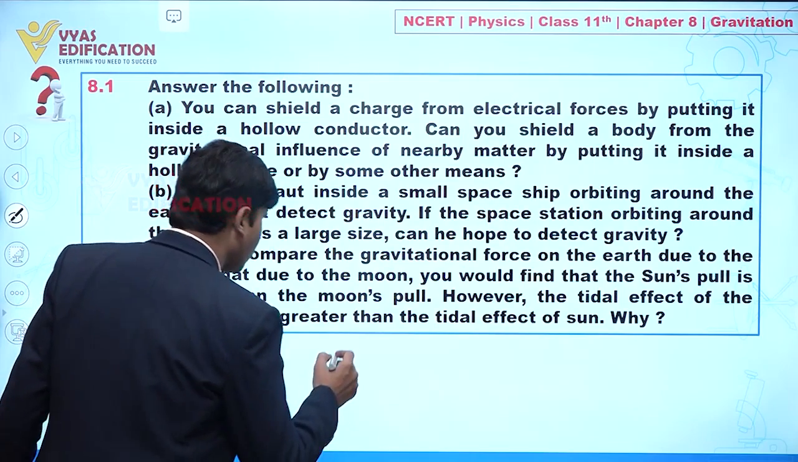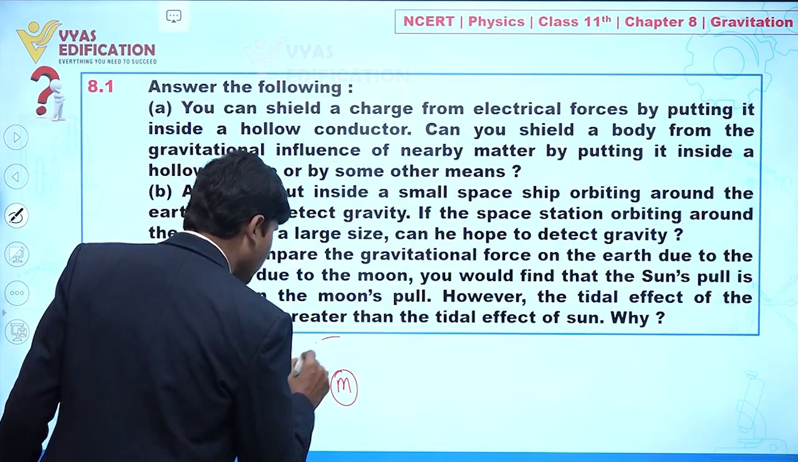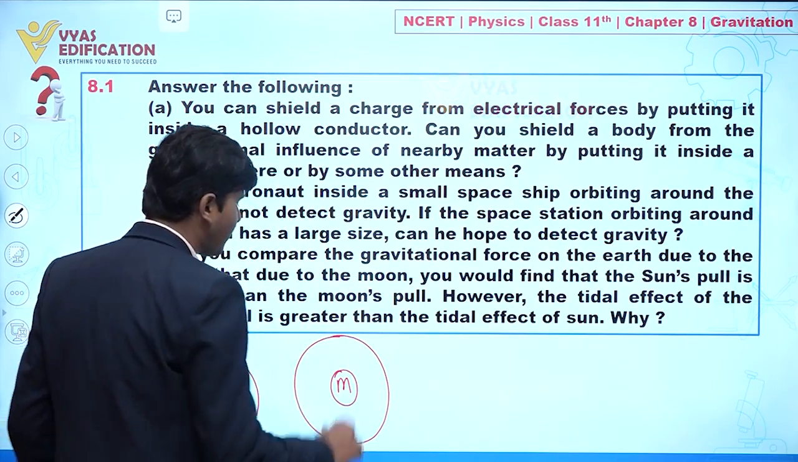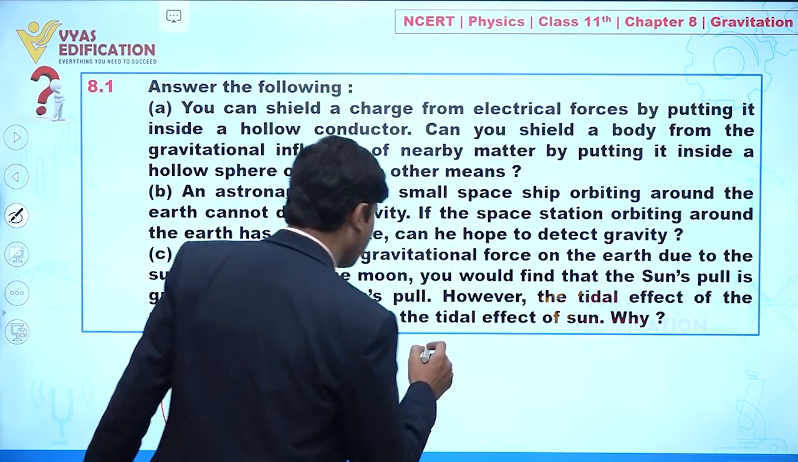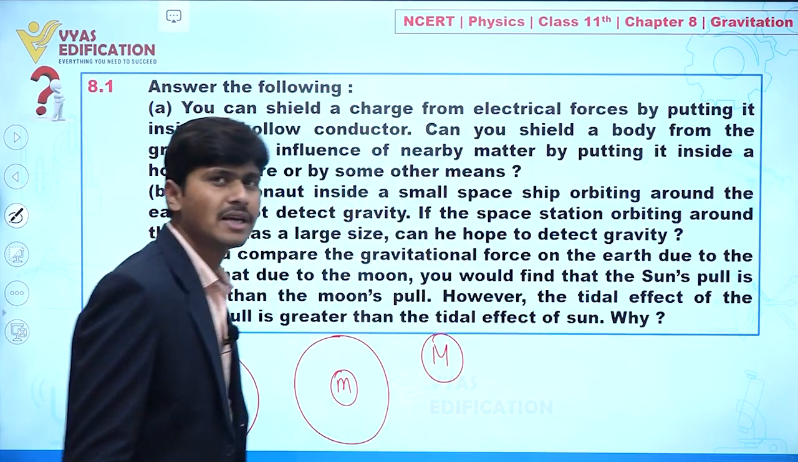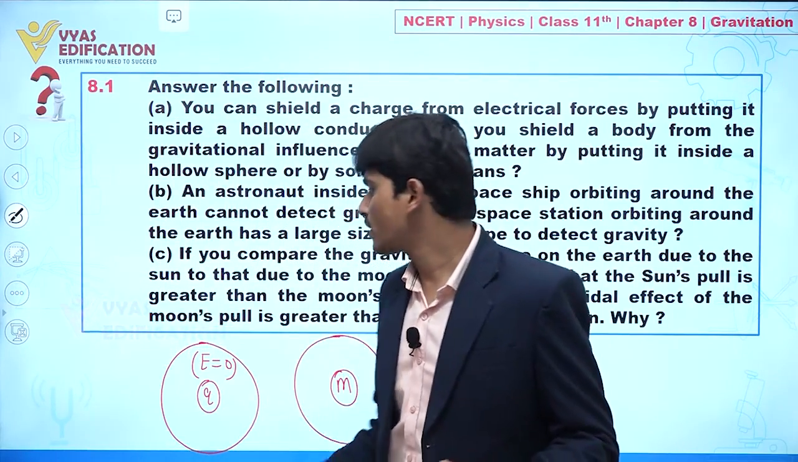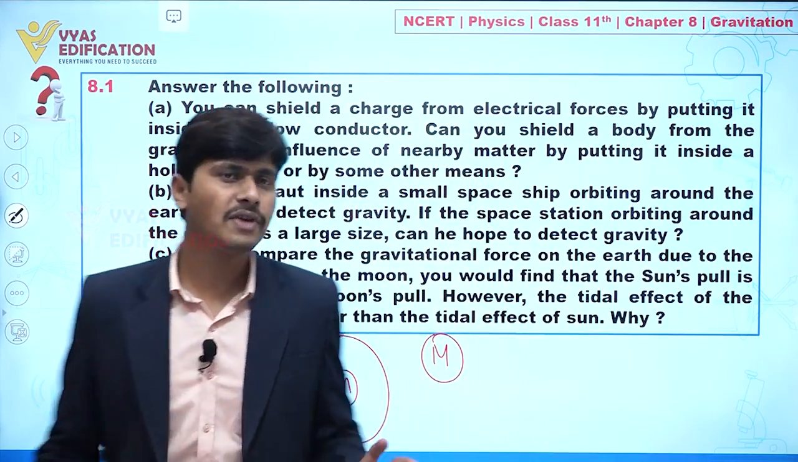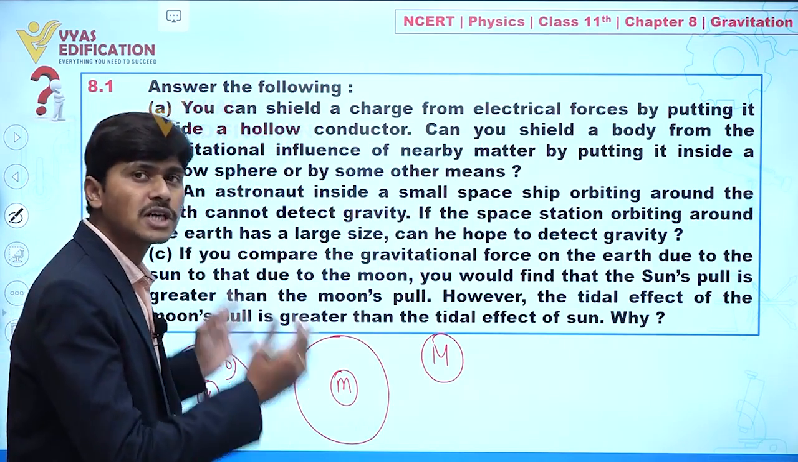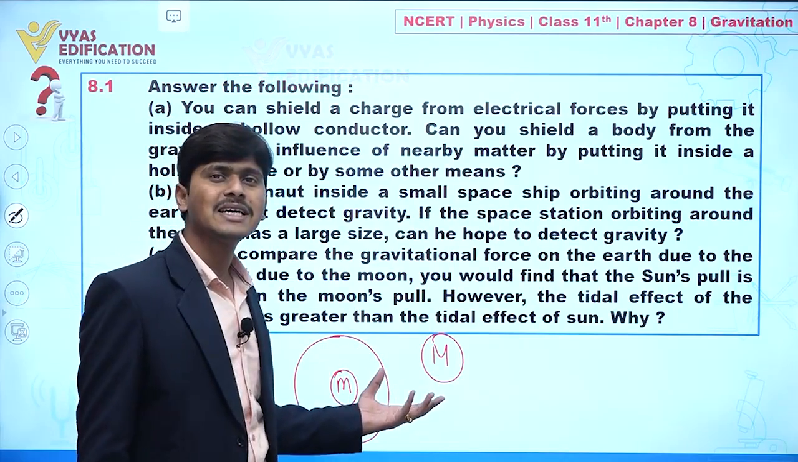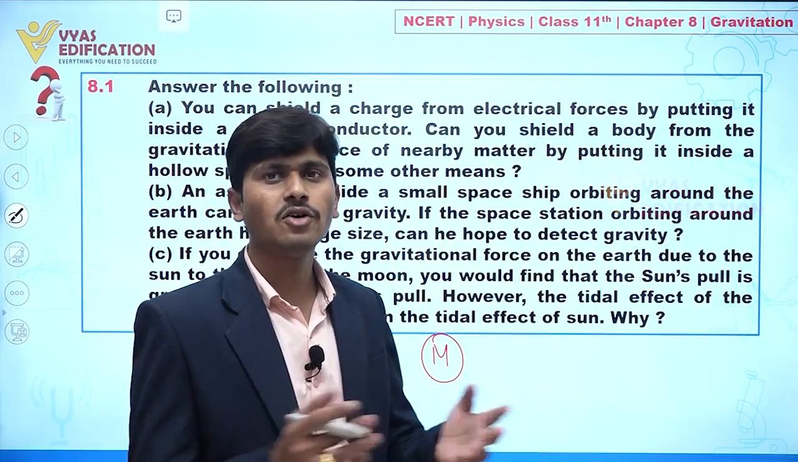Let's suppose I am placing here a mass m body, and let's suppose we place this mass m body in a hollow sphere. Now let's suppose we have another body having mass capital M. So now we are saying that the electrostatic field inside is 0, so we can protect this charge from the surrounding electric forces. But if we are placing this smaller mass in a hollow cylinder or hollow sphere, or you can take any body,